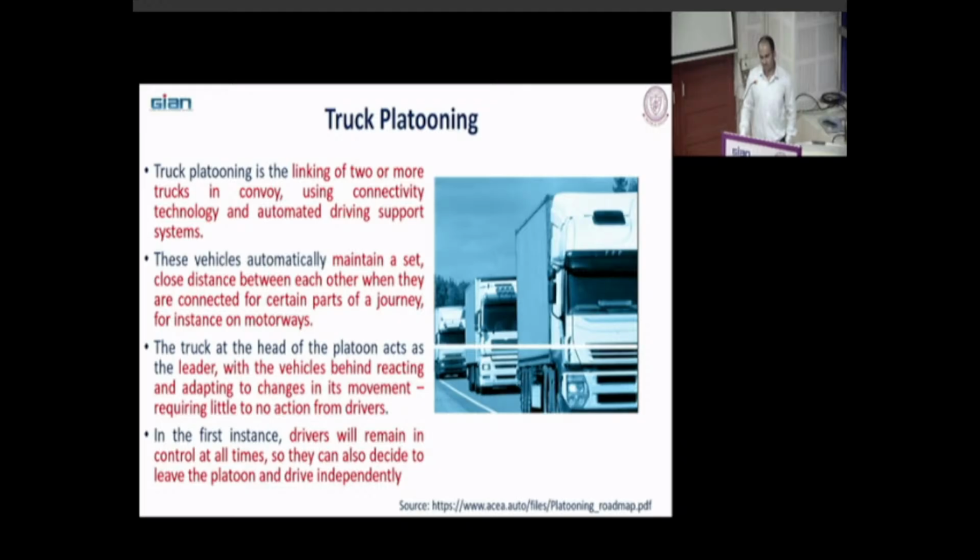What is this truck platooning? Truck platooning is the linking of 2 or more trucks in a convoy using connectivity technology and automated driving support system. Suppose there are 3 trucks, and the second and third trucks will follow your leader, the main truck. This technology has already been tested in some countries, but they are not basically following